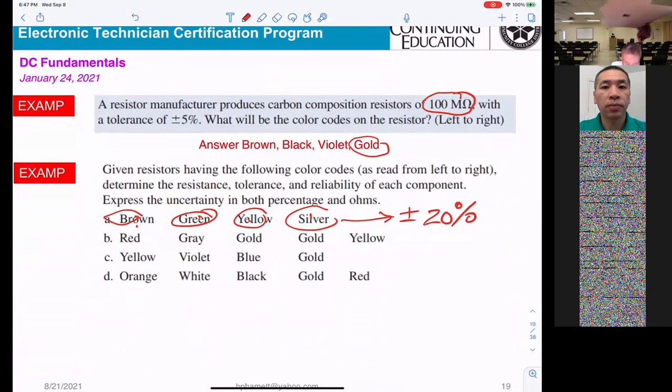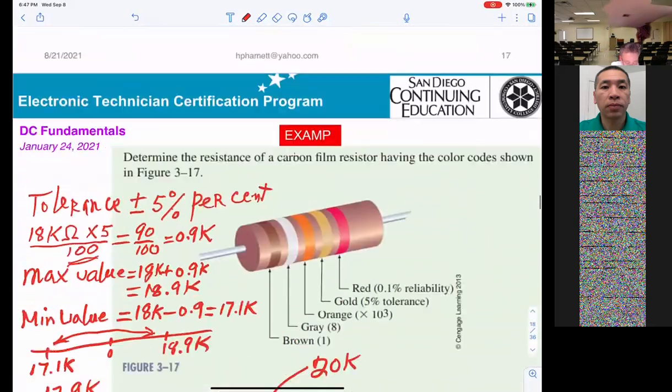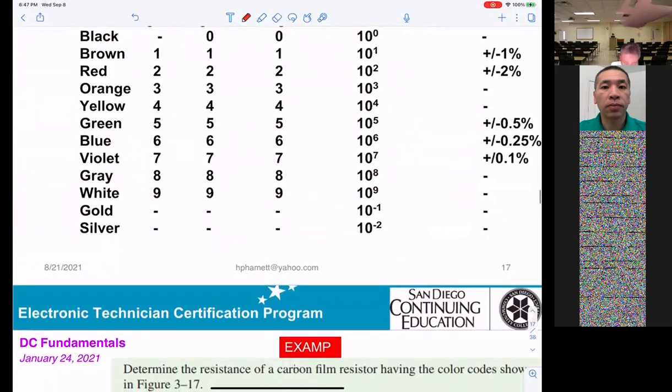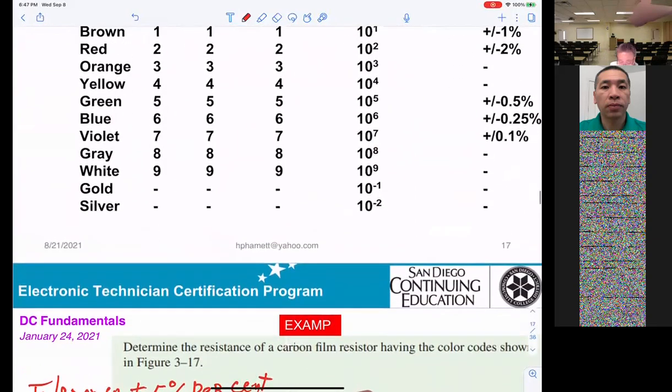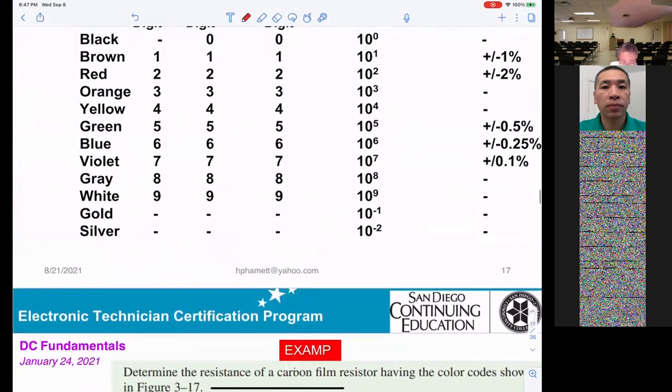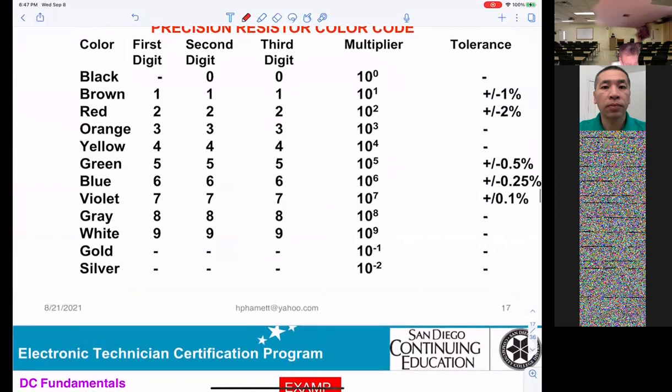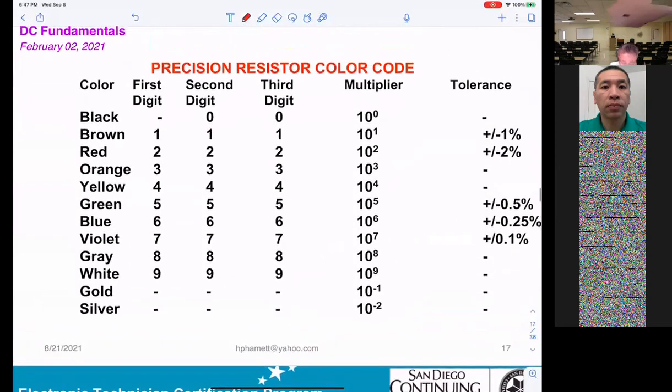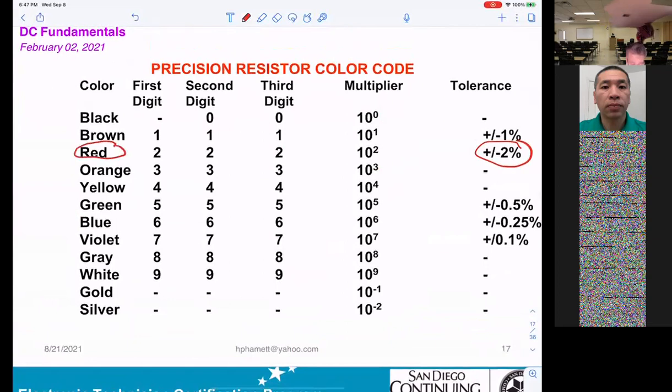Okay. And this one more. I want this one. How many percent? Red. So basically, let's see. Is it plus or minus 2%? Or am I wrong again? That's what I got. I'm trying here. No, the plus or minus 2. I got it right. Red is plus or minus 2%